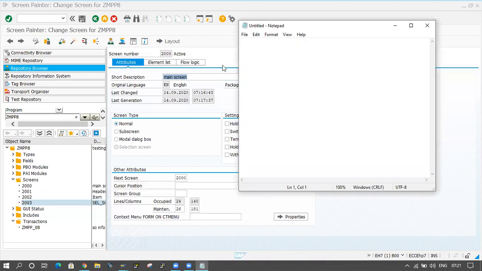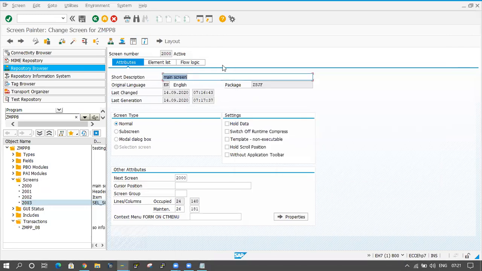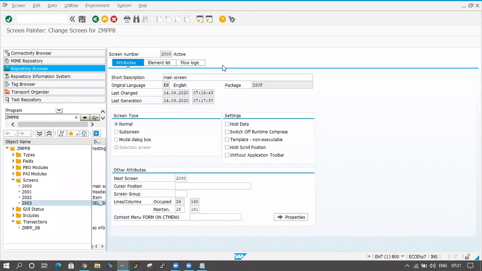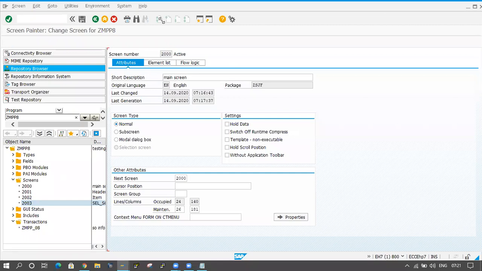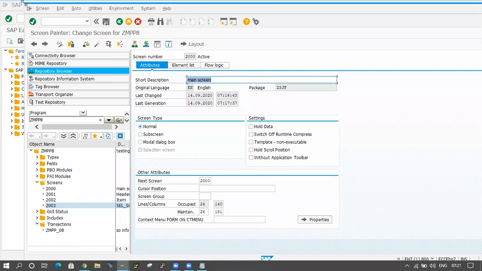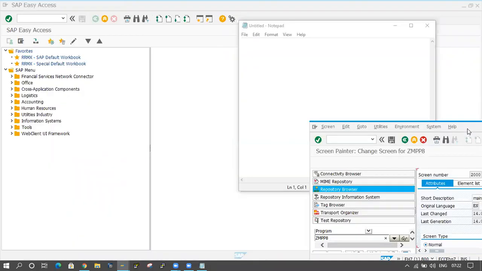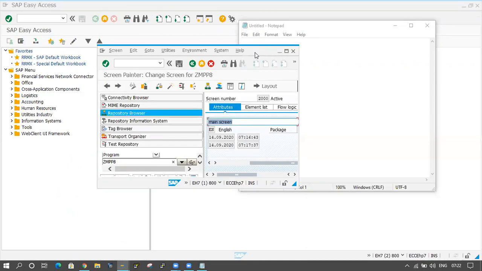Just assume, if you see it here, I want to display one screen like this. The screen is starting from here. How much width is coming here, how much at the top, how much height is coming, how much empty space is coming, and here also how much space is coming.